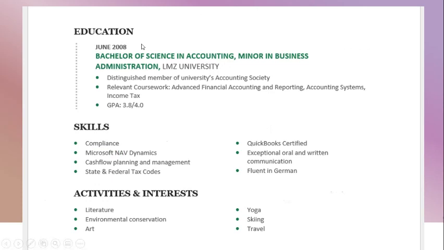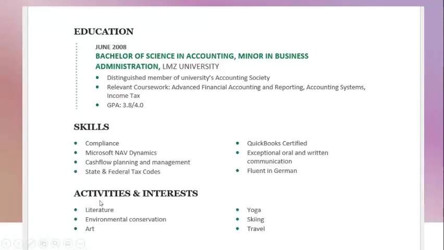The next heading is for your education. For example, if you have a university degree, always put your degree first, and then all your certificates, and then all the education background you have. And the skills I already told you about in the resume assistant also. When you type it, it gives you the top six skills for that role, so you can always get help from there also.